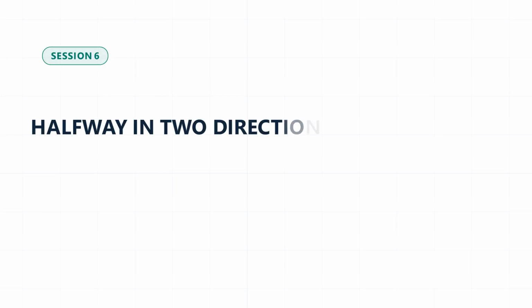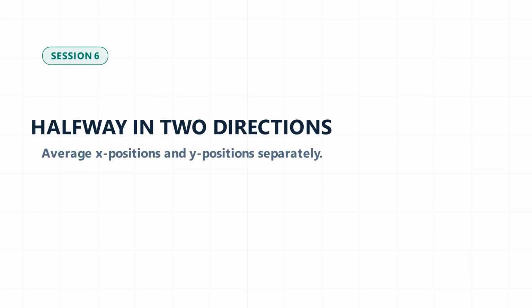Welcome to Session 6, Midpoint and Segment Reasoning. A midpoint is not a distance. It is a location exactly halfway between two endpoints. We find it by averaging horizontal positions and averaging vertical positions. Today you will apply the midpoint formula, check equal coordinate changes, work with negative values, and reason backward when one